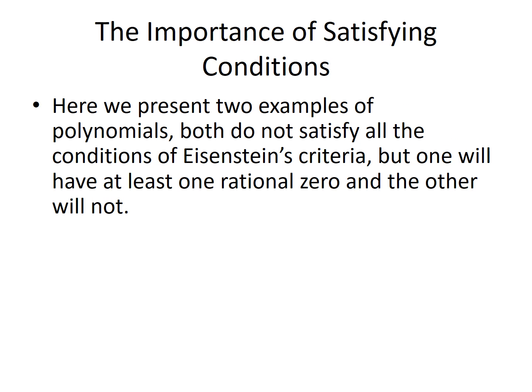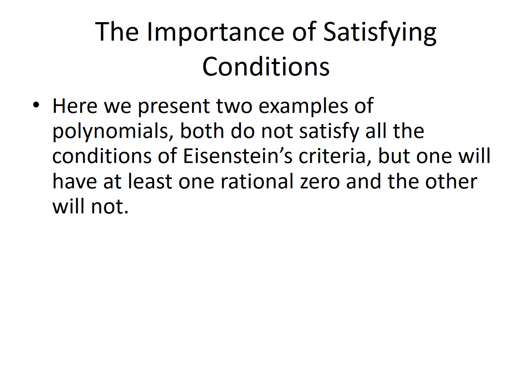The importance of satisfying conditions. Here we're going to present two examples of polynomials. Both do not satisfy all the conditions of Eisenstein's criteria, but one will have at least one rational zero and the other will not. And this kind of demonstrates that you really do need to answer all four of those questions in the answers that I provided here for our example before we are guaranteed by this theorem that we